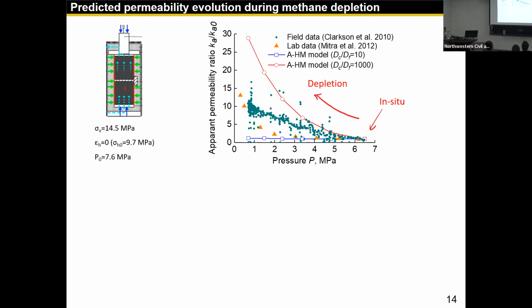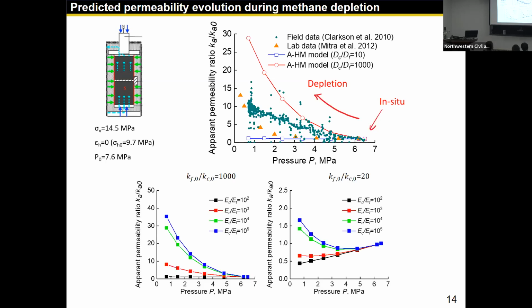And the green ones are the field data from the San Juan coal basin, and it shows a similar trend, about 10 times. So our model is able to, with different fracture to coal ratio, give us the end members of this trend. And then you can play with parameters by changing permeability ratio and modulus ratio to create all these different types of permeability evolution law: rising type, rebounding type, meaning decrease first and then increase, and decline type. So all of this has been observed in the lab and in the field.